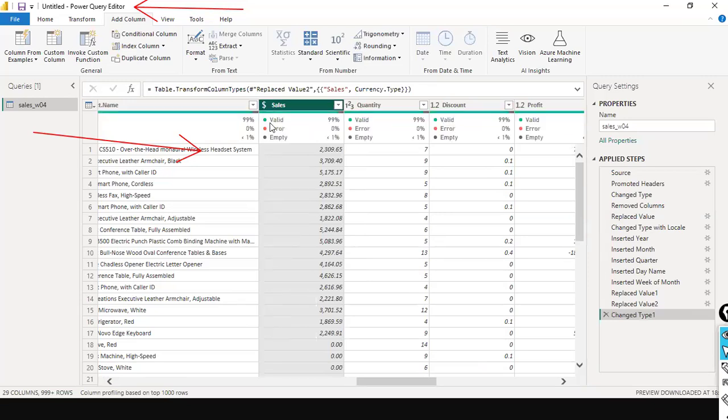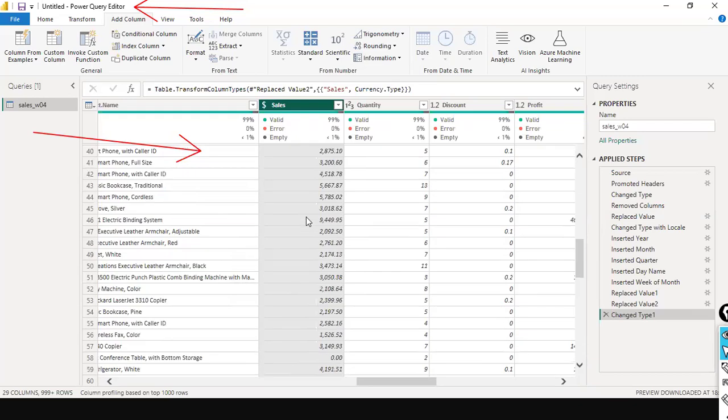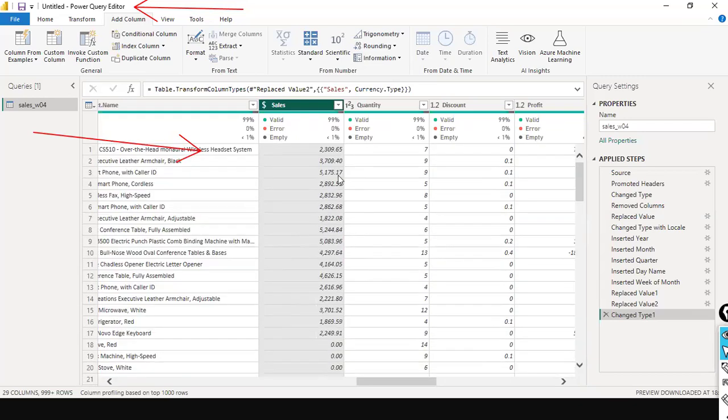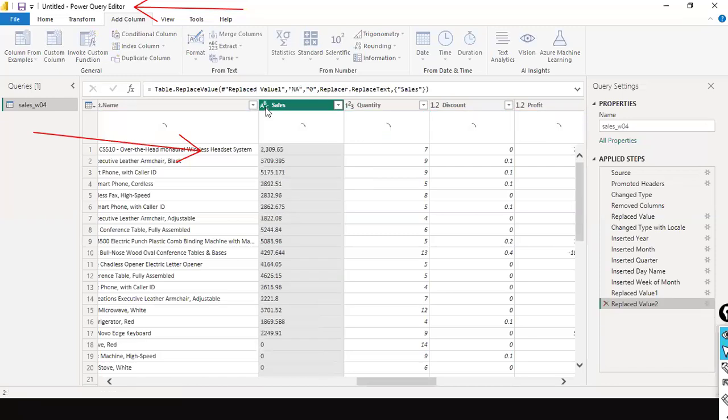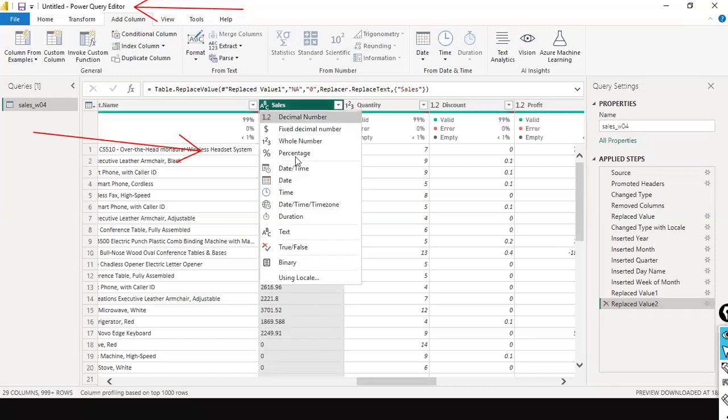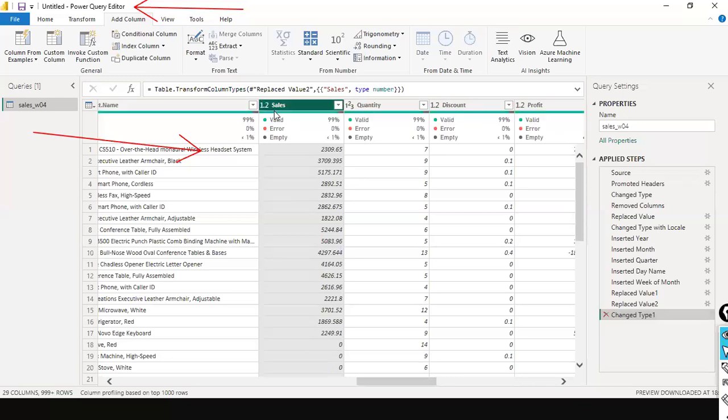Now, you can see the dollar, right? So you can see the dollar, which is nothing but fixed decimal, which means only the 2 decimal values. For example, I'm going to undo this. Either you can do this or you can use the decimal number. But when you select the decimal number data type, what happens? It is followed by the dot, right? The decimal